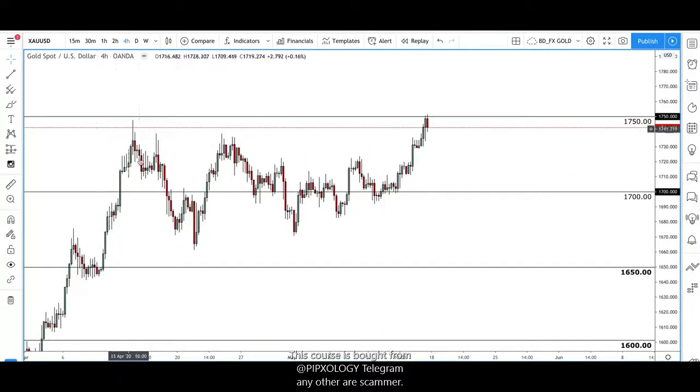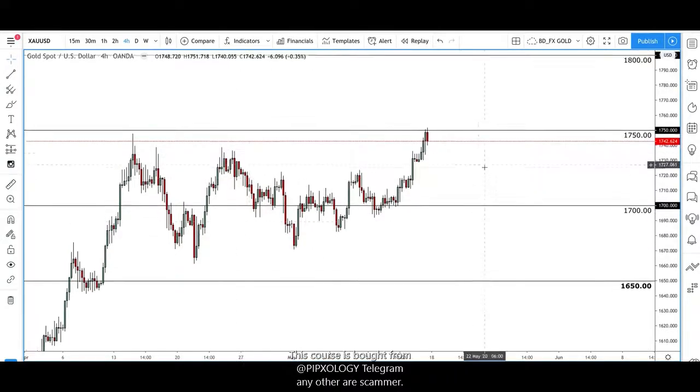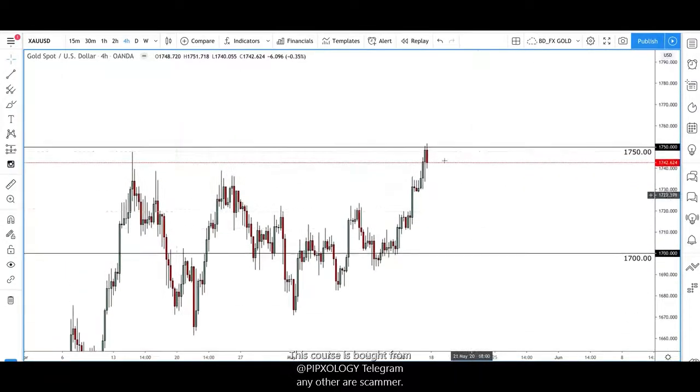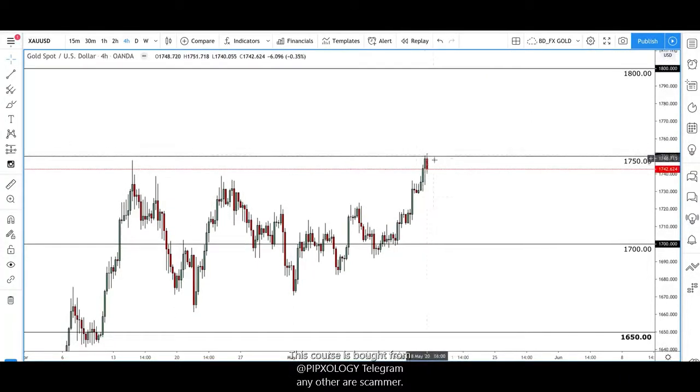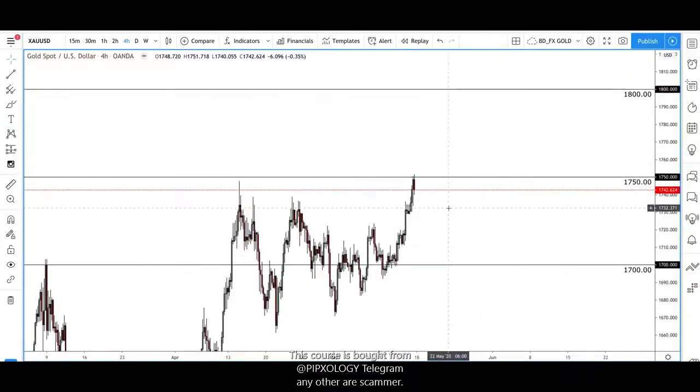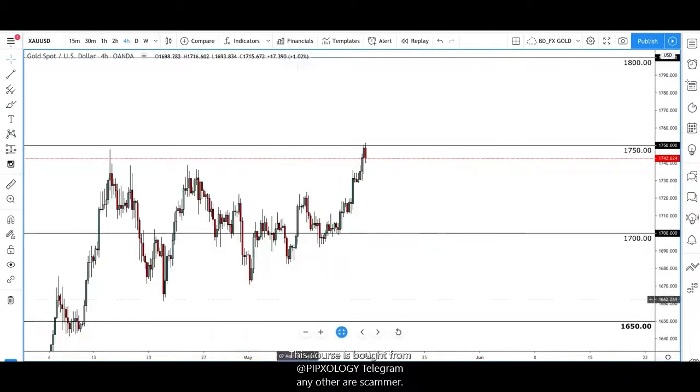But then you can see here quickly it turns. So we've had a double top here, and then you can see a bearish engulfing, and we've had a trade back down. We pushed up higher, and I expect it to potentially push up above 1750 now. We're hitting our head on the ceiling here. I wouldn't short this just yet,